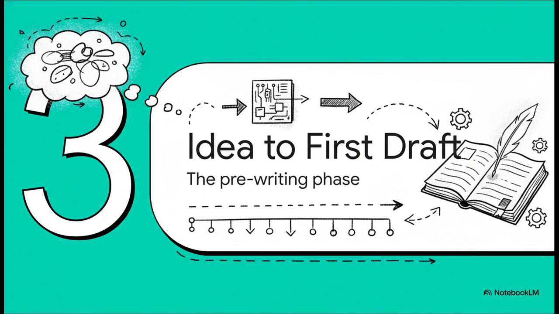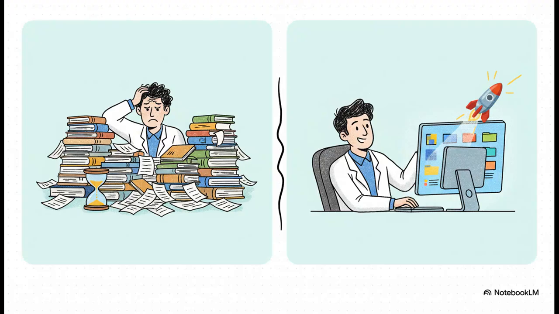All right, with those rules locked in, let's get practical. Section 3 is all about getting from that initial spark of an idea to a first draft. And this is where AI starts to save you just a ridiculous amount of time before you've even written one word. Just look at the difference here. The old way was weeks of that painful process of reading paper after paper, just trying to find a gap in the research. The new way?